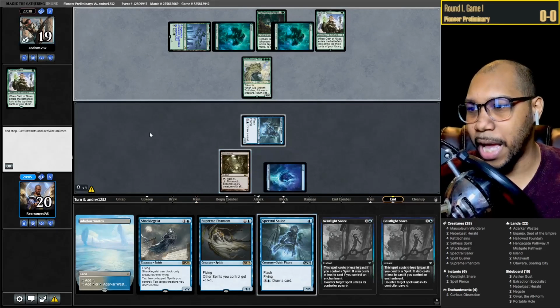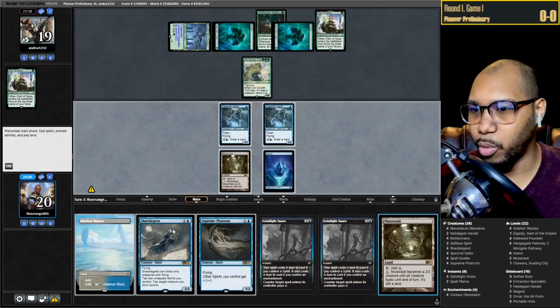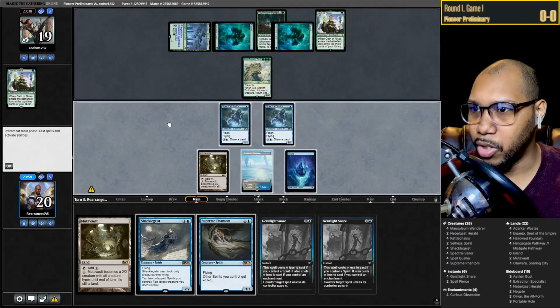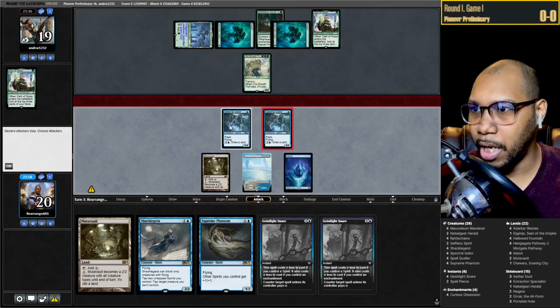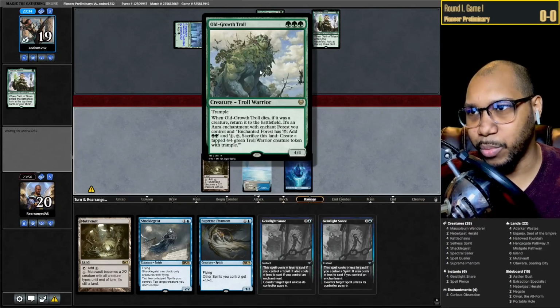So I'm going to be pretty happy that we held up at least one of these Geistlight Snares. The Mutavault is unfortunately not super helpful here. So I guess I'm just going to attack. And a big downside to the way that we played this, though, is since we let this resolve...